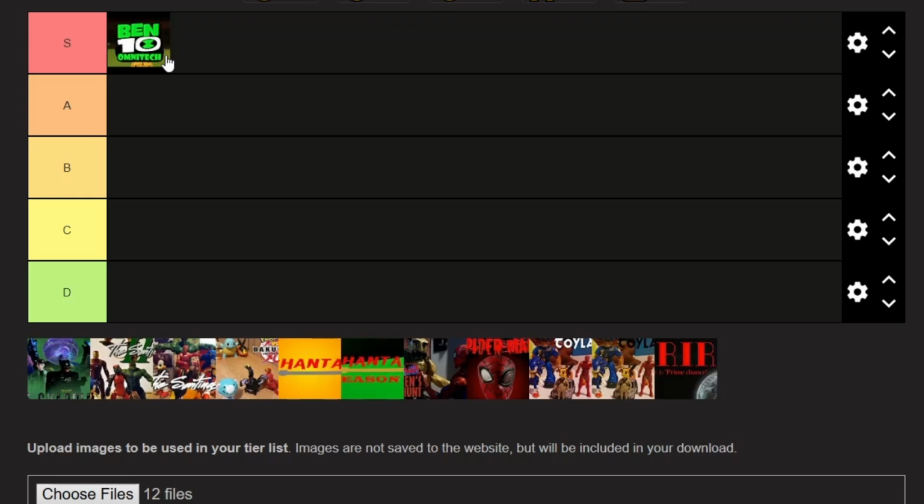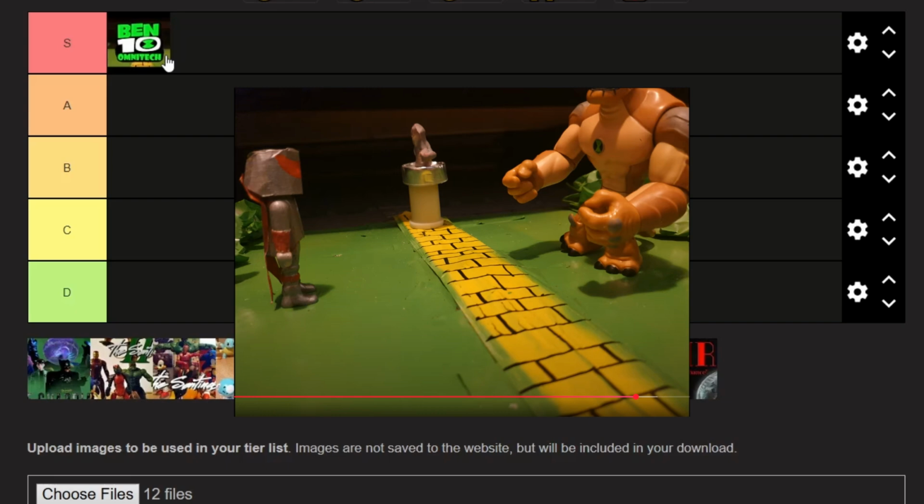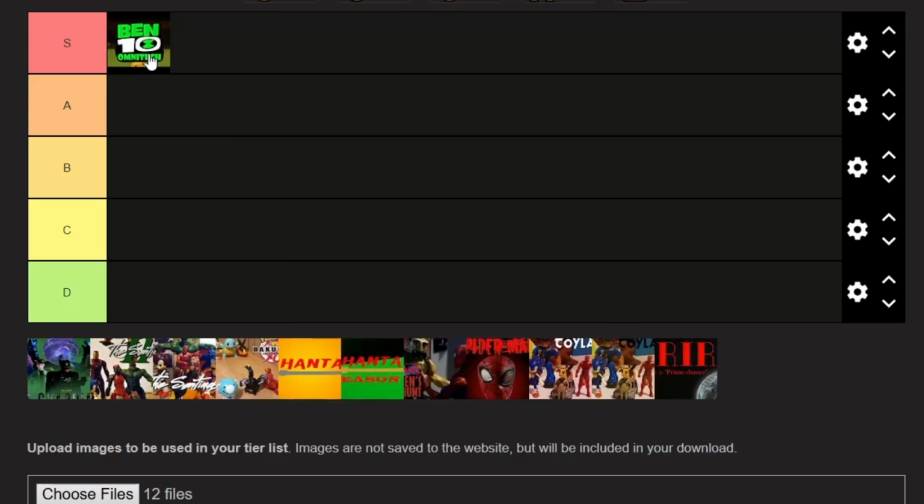In some shots, you can't see the characters very well. I might put some example on screen, but the first that springs to mind is a shot in the final battle where you can't see Humongousaur. I mean, you can see his head, so yeah. So I'm just going to pop it in A tier for now. I might adjust these as we go along. Of course, as I am the guy making these movies, I would love for them all to be in A or S tier, but I'm not so sure.